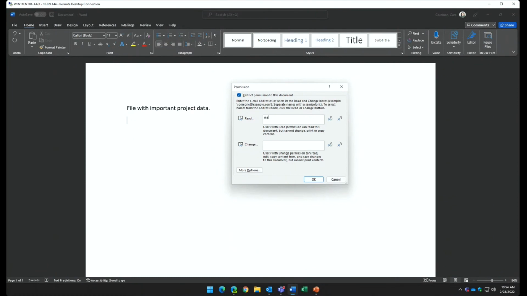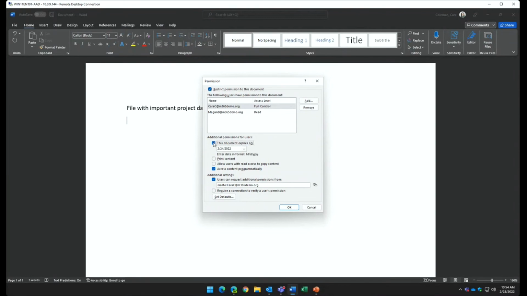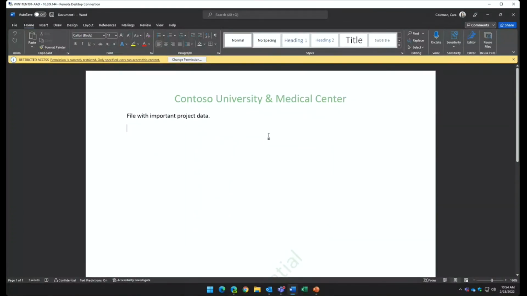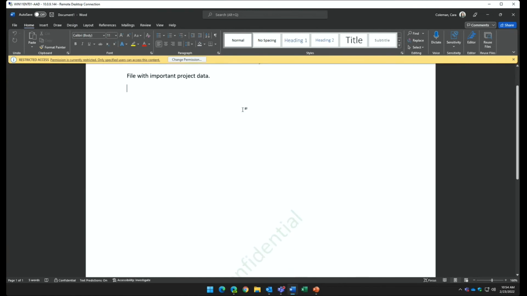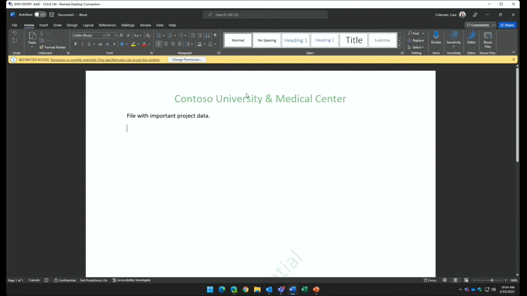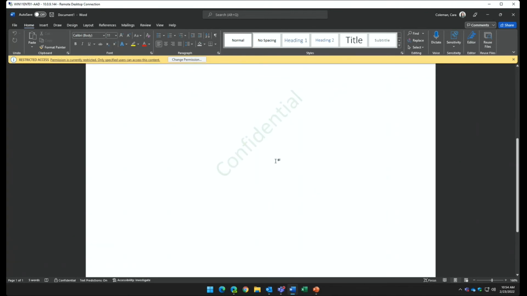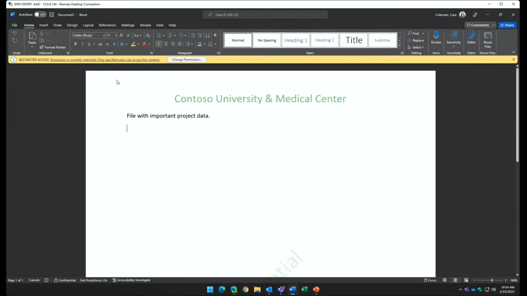I'm going to add in my colleague, Megan, and she's going to get read access, but not have write access. I'm going to go to more options, and let's make sure that this expires in 2 days. So we'll make it for February 25th. We can go ahead, hit OK, and now we've applied a label that is encrypting this file and restricting access. I can update this as I need, but it's a protected file. I've chosen to implement some watermarks. You can do that if you want. You can see the confidential label. And so now this stays with the file no matter where it goes.